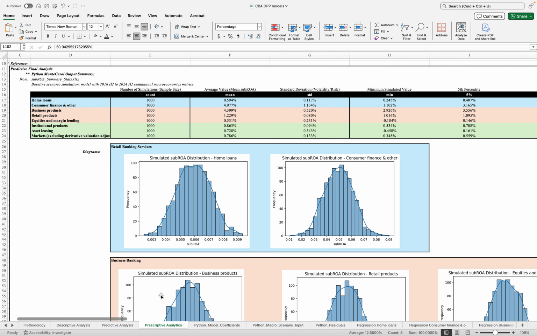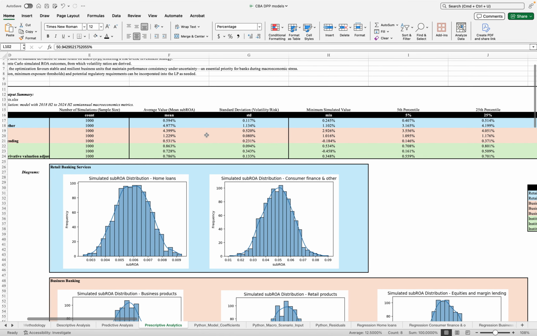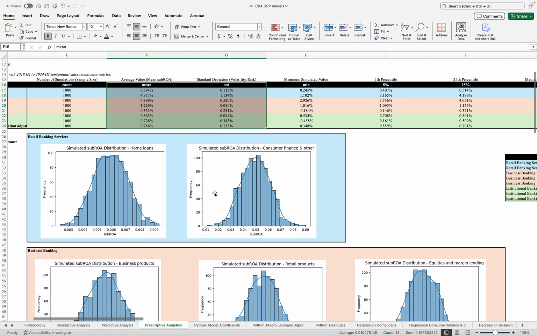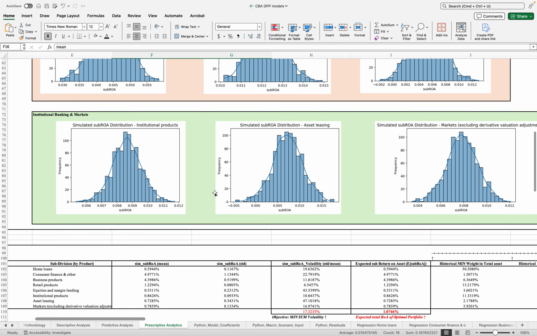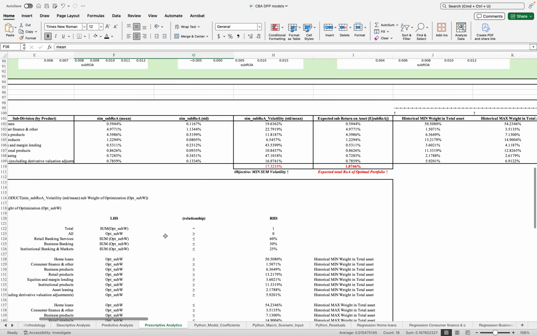After the predictive step, we use the simulation mean as the expected return on assets and standard deviation as a measurement for risk. And the goal was to minimize volatility while maintaining realistic constraints. So we optimize